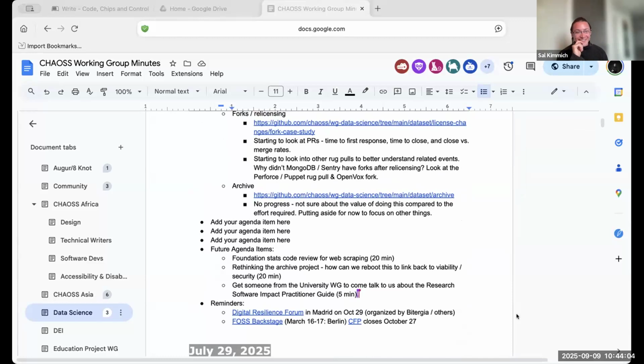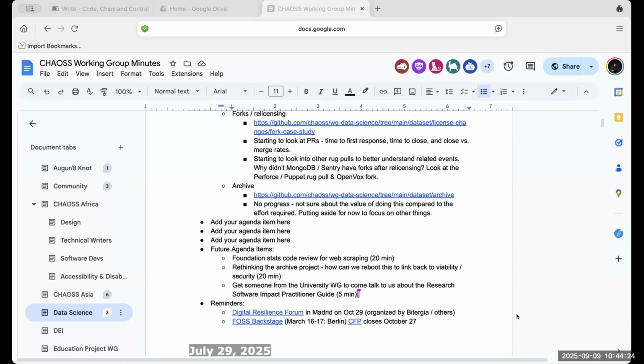Go ahead, Kelly. Has somebody spoken about a contributor funnel in either this chat or this working group? Does that sound familiar to anybody that's not involved in Augur and 8Knot? Okay, I'm glad you qualified that, because I know what you're talking about.